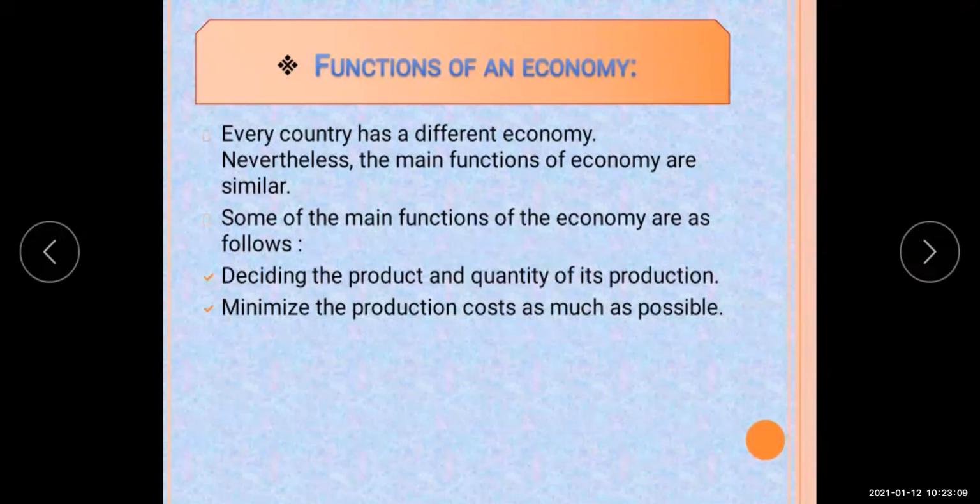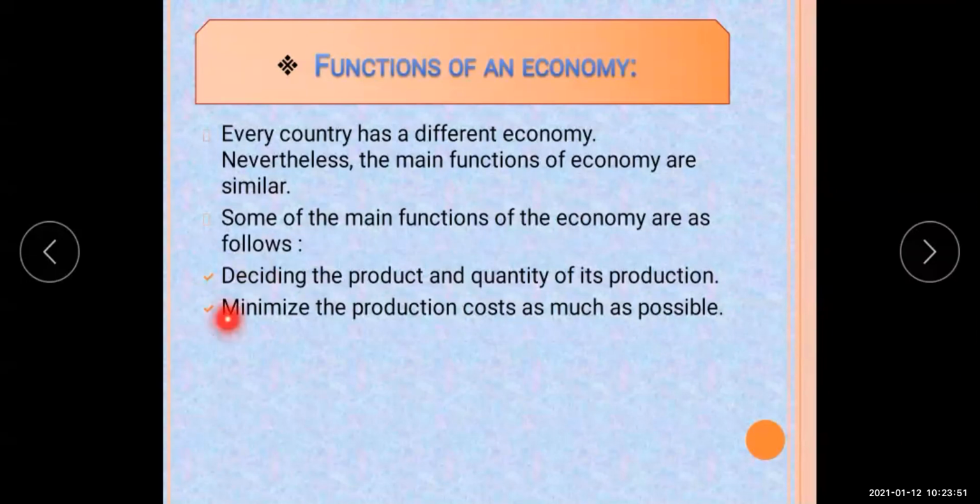Quantity means how the product should be made, and how much we will sell of that particular product. But we have to see the population of the country also. If the population is small, there is no use in making more products. But if we want to sell the product to the entire world, then we will need a large number of products. So when we are deciding the quantity of the product, let's see the population and other factors also.